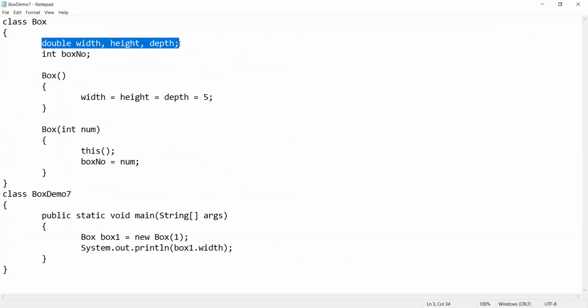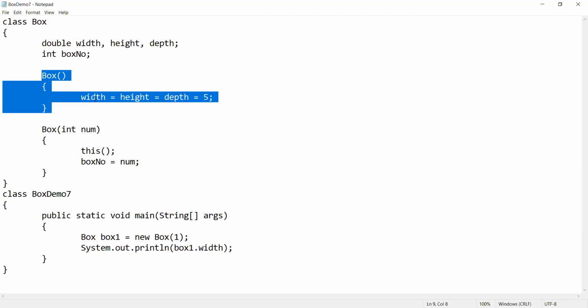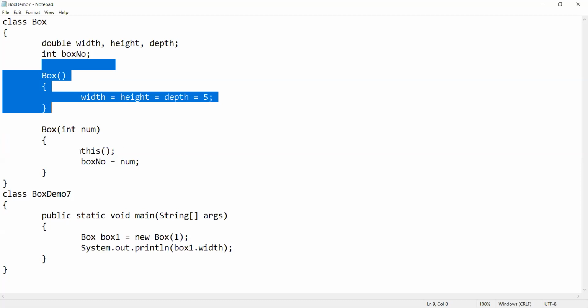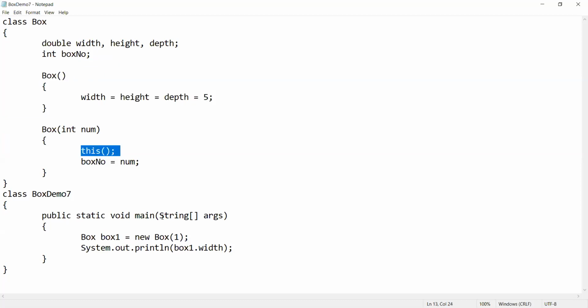These are all our double type instance variables, and one more integer variable, the box number. There is a Box constructor without any argument, initialized to 5. And constructor overloading again we are doing here: one more constructor with one argument, and inside it you see there is a this. It is just calling the no-argument constructor. For that purpose we can use this.